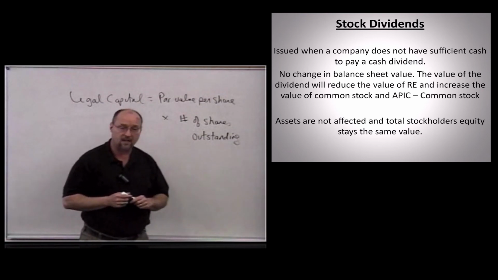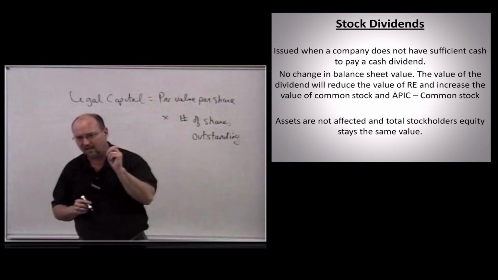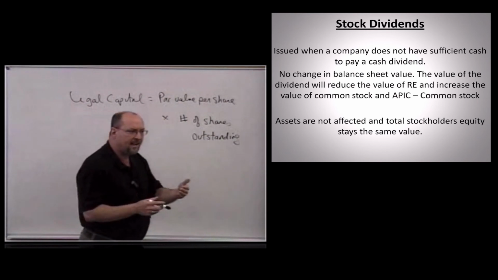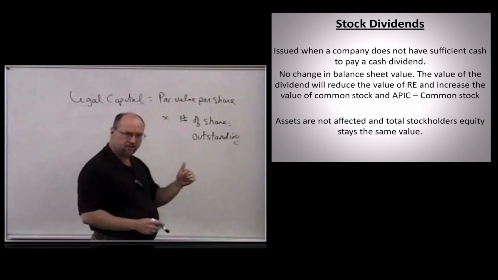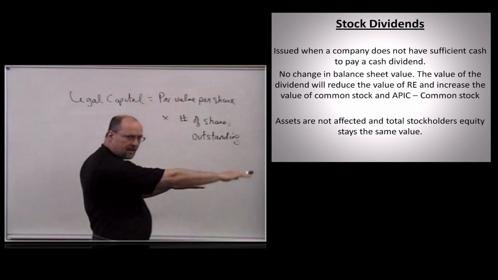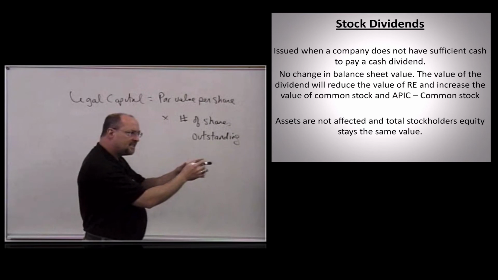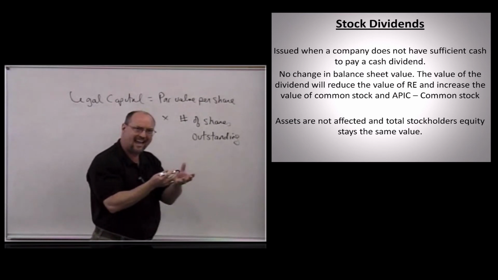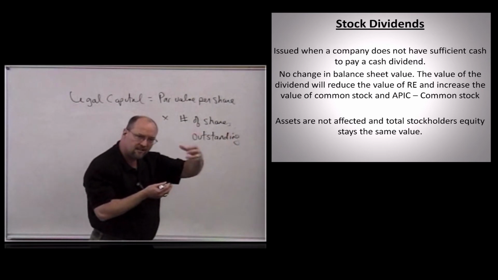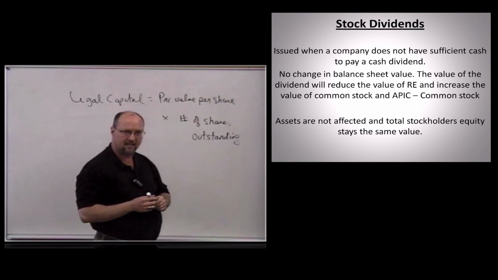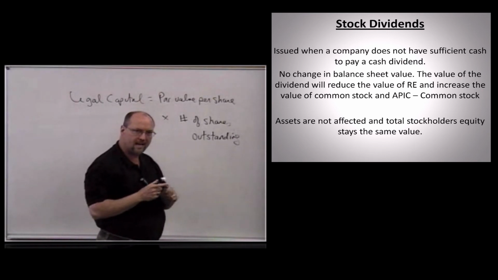So a stock dividend is a good thing for the stockholders, but on the day that we issue the stock dividend, it doesn't really affect the value of the company. With a cash dividend that we just previously saw, cash, assets went down, equity went down. With a stock dividend, what we're doing is we're going to take the value of the shares of stock out of retained earnings, and we're going to put it in the common stock account and the APIC common stock account. So we're rearranging the stockholders' equity section when we have a stock dividend.